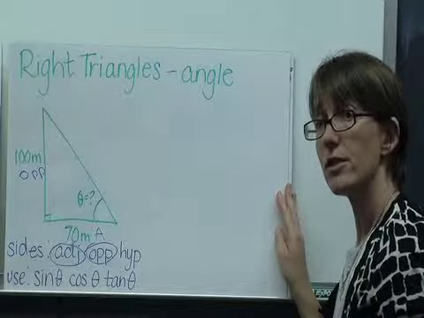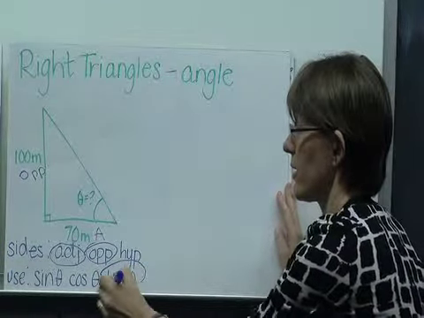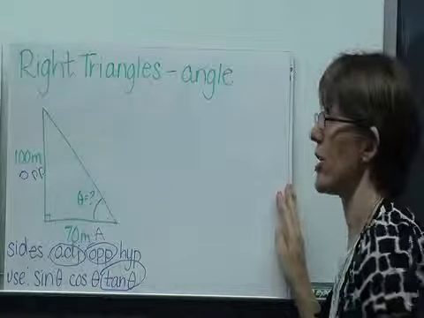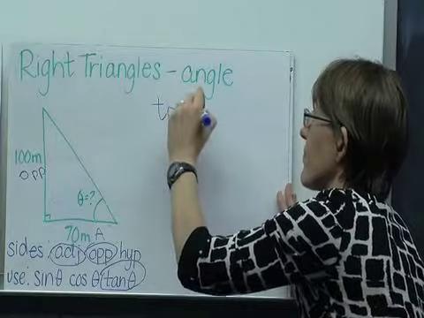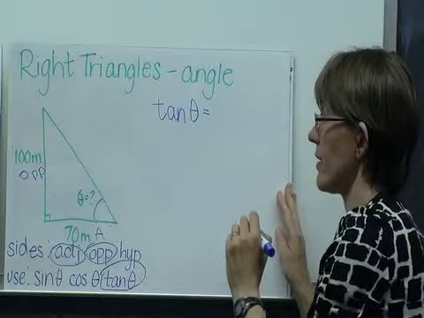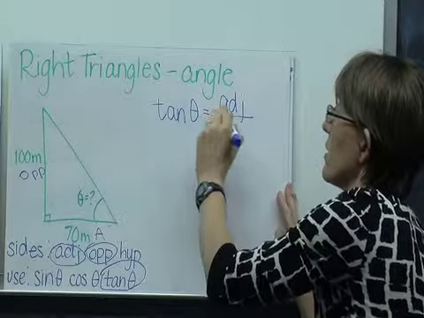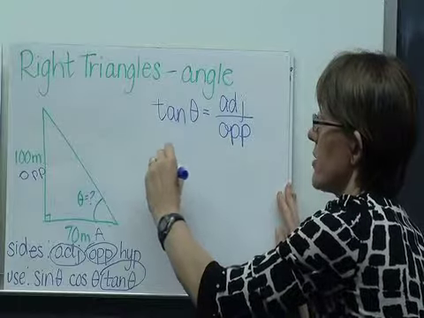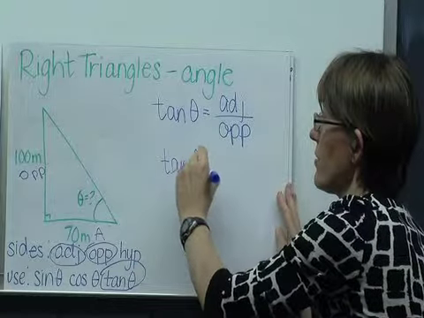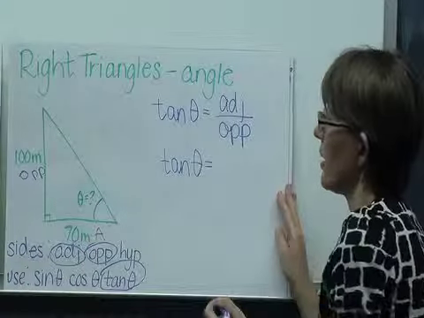And so adjacent divided by opposite is defined as the tangent ratio. So tangent of theta is equal to adjacent over opposite. And so if I fill in everything that I know, I have adjacent,